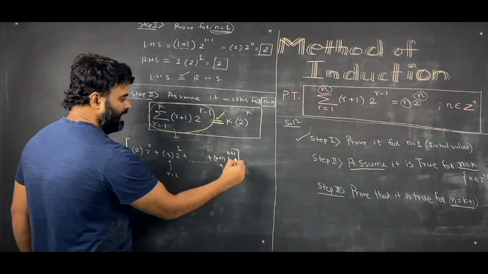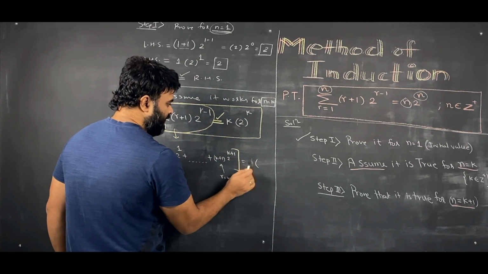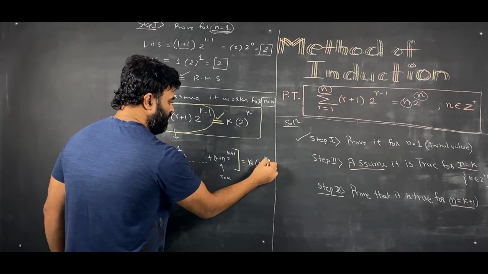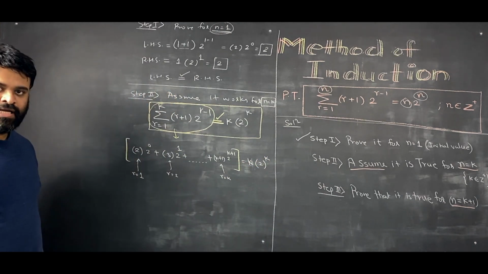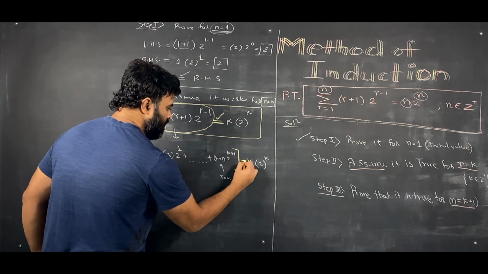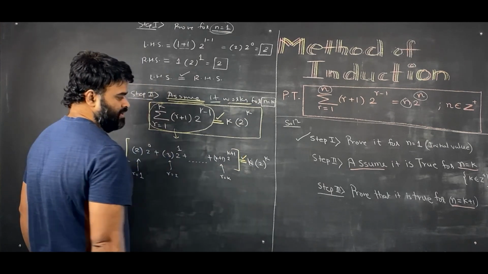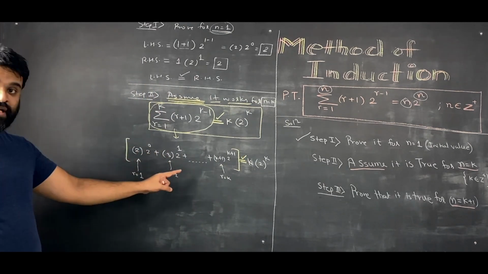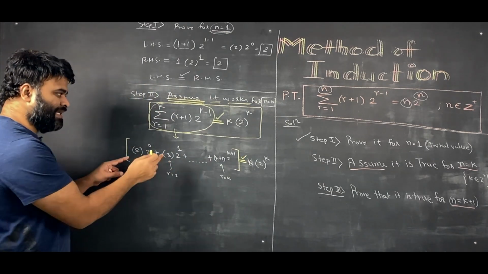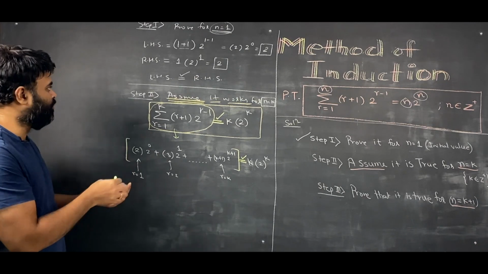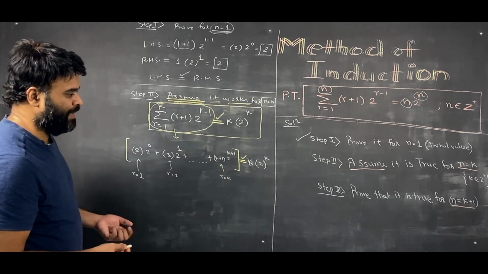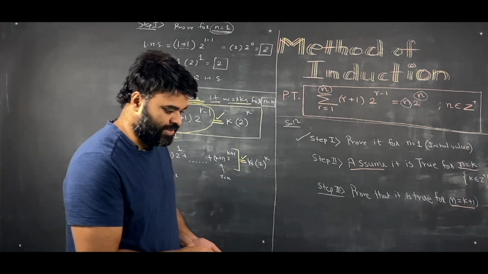And then on the right hand side I have got k 2 raised to k. That's my RHS. And we know this is equal. So we are not questioning it, we are assuming it. Assume it works. So we know this is equal to this. Now very important, we will be using this in step 3, to prove the later part. Now I really have less space. Let me clear the space here and solve this.